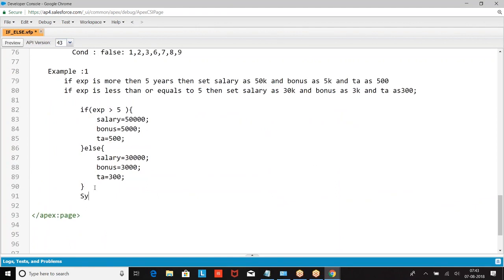Then you can print the values with System.debug.